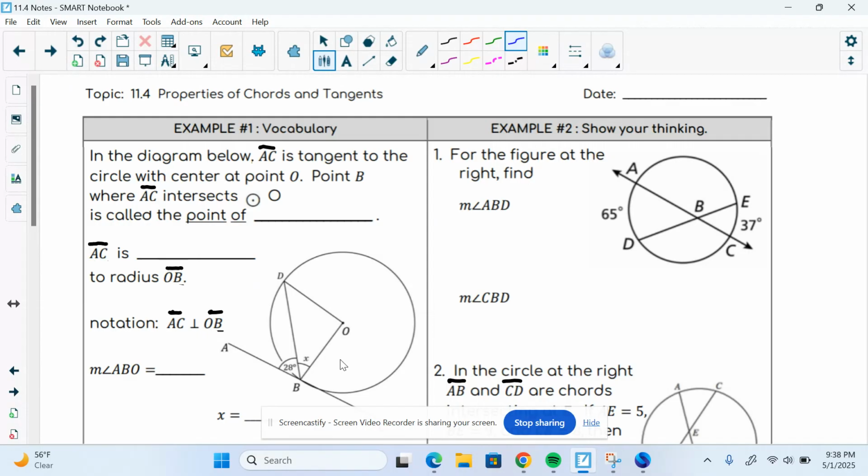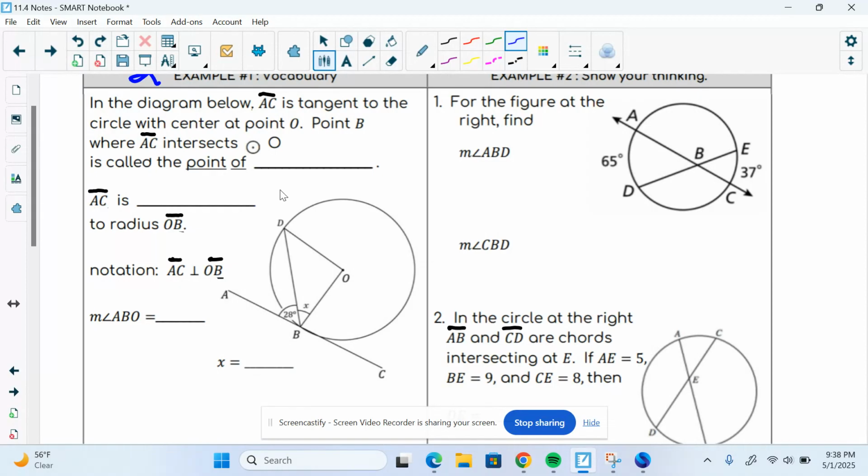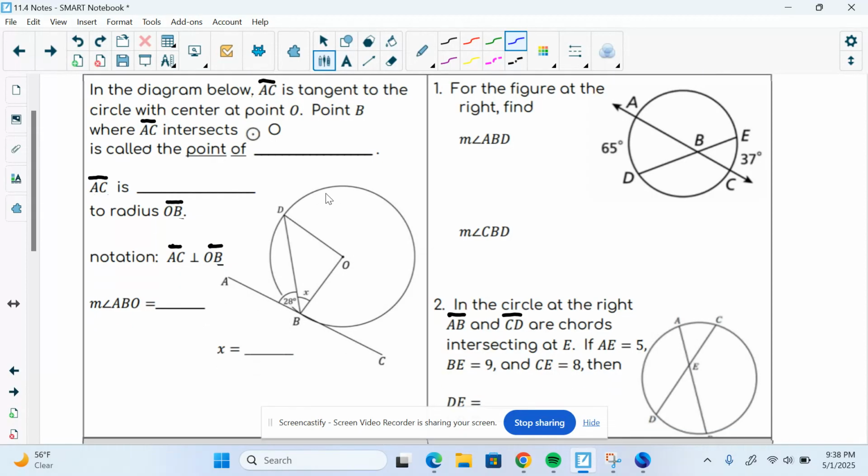In our notes, flip to the next page, properties of chords and tangents. We're going to talk about example 1 right here, the vocabulary. In the diagram, AC is tangent to the circle, and that circle has its center point at O. Point B is where AC intersects the circle O. So there's point B, the point of tangency. Let's make sure we know how to spell that. Tangency,